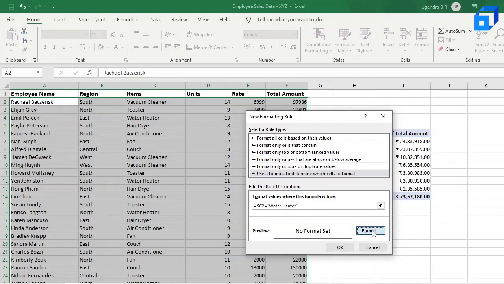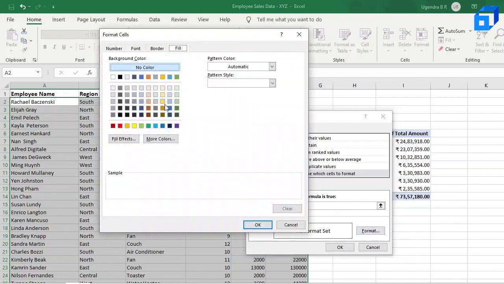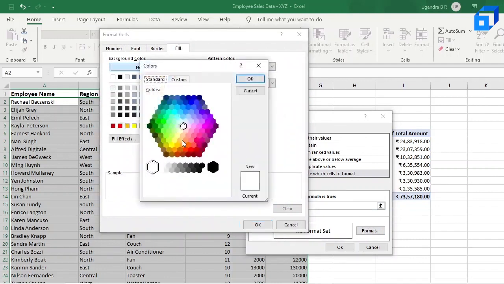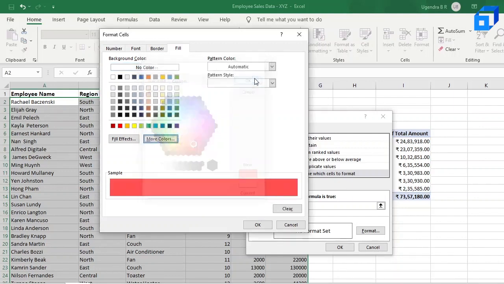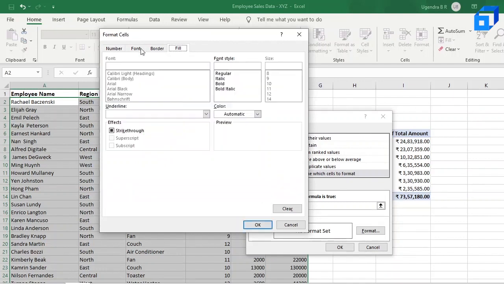And now let us click on the format option over here. Fill, let us use light red color. So that's light red or orange. So let us select this color. It is a light shade of red. And click on OK. And now go to font.